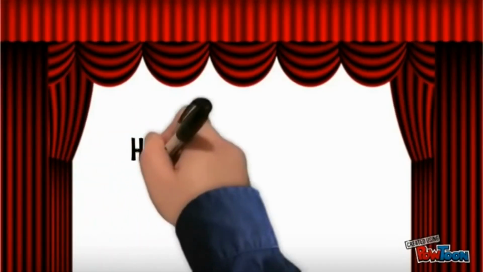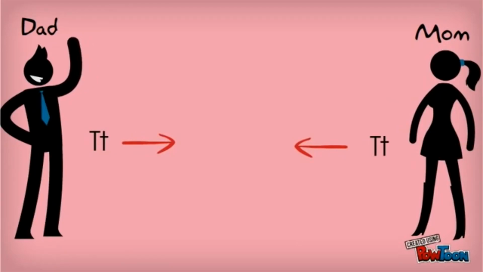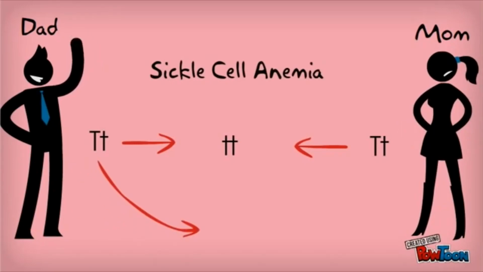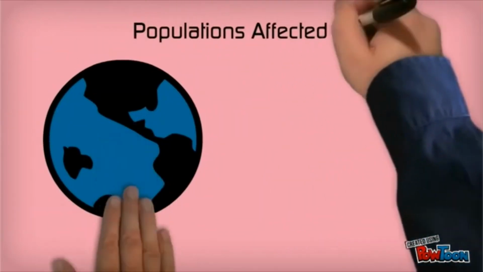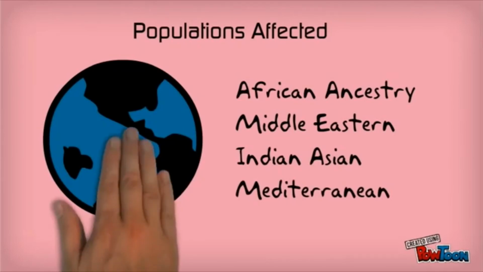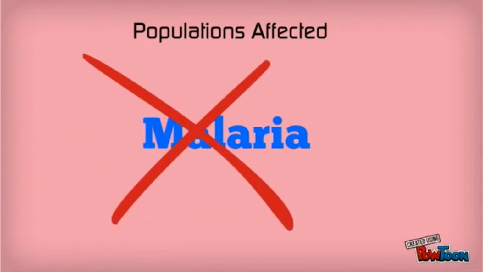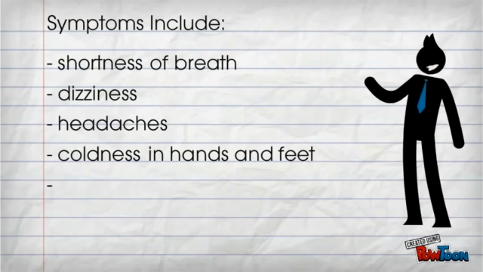Now, how is this inherited, you ask? Well, what happens is you have a mom and dad who are heterozygous for this trait. In this case, the little t represents sickle cell anemia. Both recessive genes are acquired from the parents, and the offspring will have sickle cell anemia. People who carry this recessive gene have sickle cell trait. Now, the populations which are affected by this include people from African ancestry, Middle Eastern, Indian Asian, and Mediterranean. This is because that is where malaria originated, but through evolution, this mutation was able to fight it. Symptoms of sickle cell anemia include shortness of breath, dizziness, headaches, coldness in hands and feet, paler than normal skin or